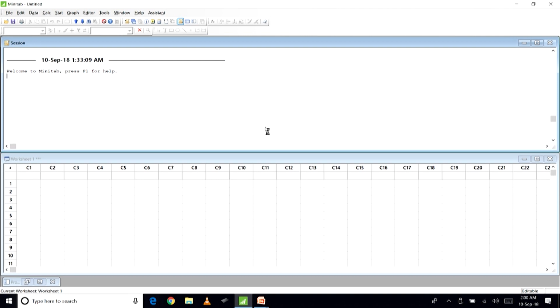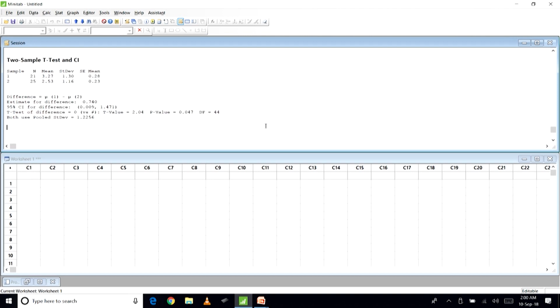So, let us look at the output. Here in the output, if you look at the null and alternative hypothesis, in fact the difference we are saying is that they are the same, right. Mu 1 is equal to mu 2. In fact, here it is written mu 1 minus mu 2 is equal to 0, which is as good as mu 1 is equal to mu 2. Now, the p value over here is 0.045, right.